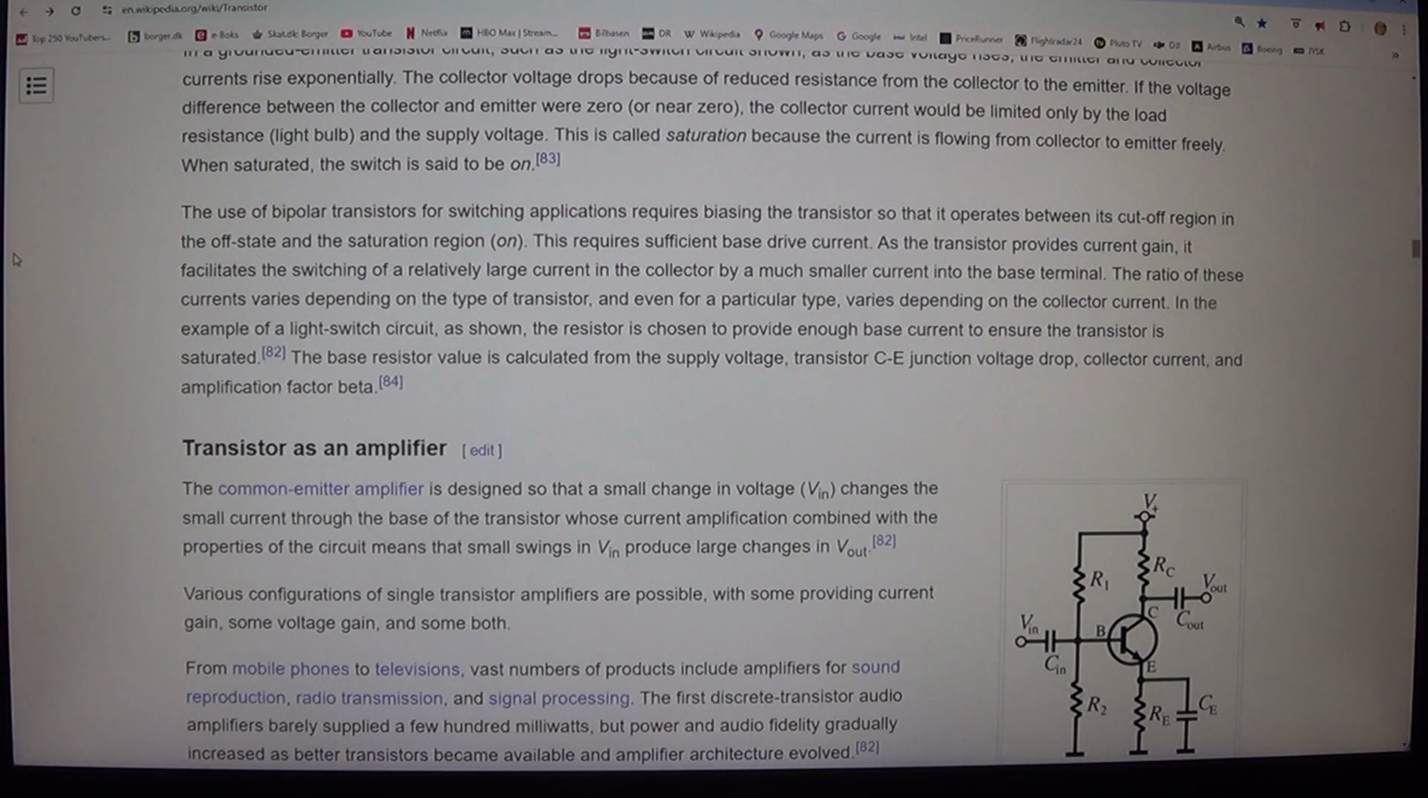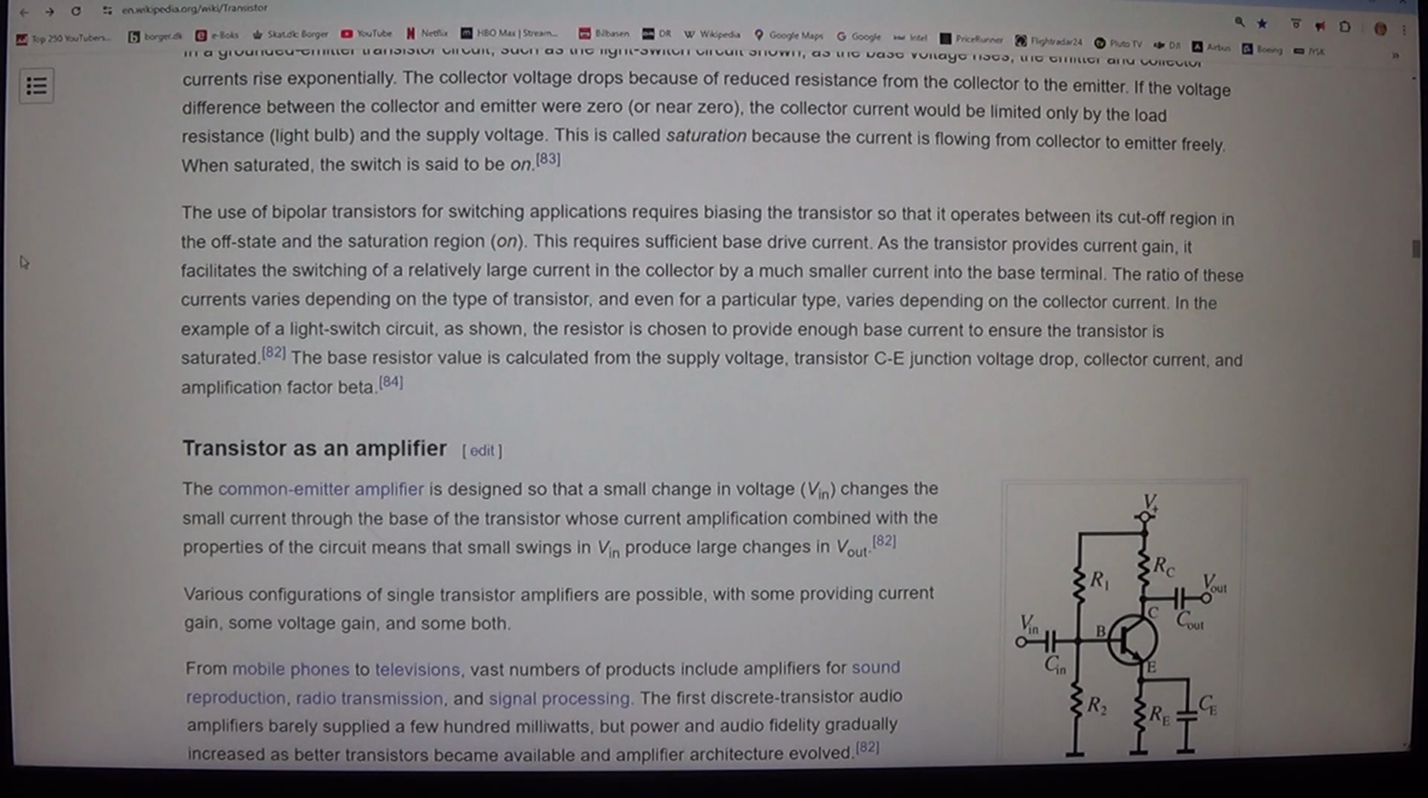The use of bipolar transistors for switching applications requires biasing the transistor so that it operates between its cutoff region in the off state and the saturation region, on. This requires sufficient base drive current. As the transistor provides current gain, it facilitates the switching of a relatively large current in the collector by a much smaller current into the base terminal. The ratio of these currents varies depending